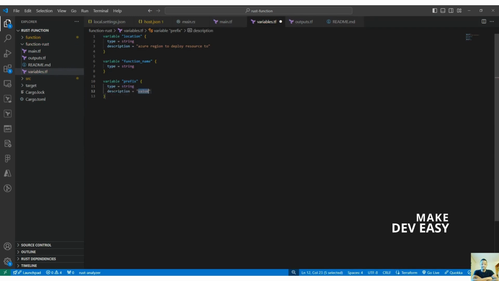And for the description, I can say the prefix which would be used to identify resources belonging together, something like this. And I would want to create a new one. I'll call this